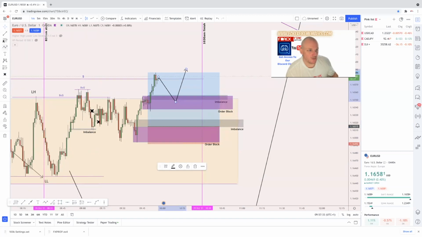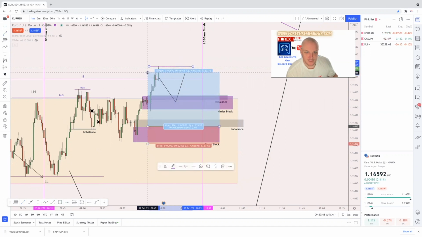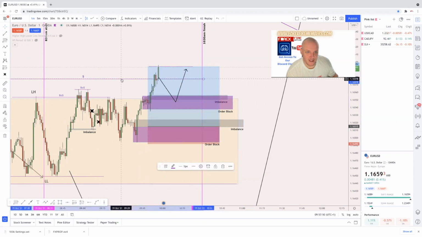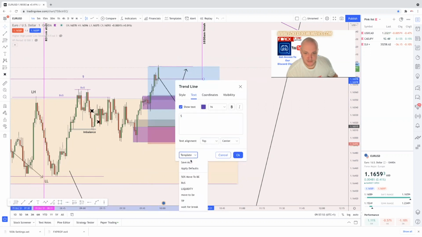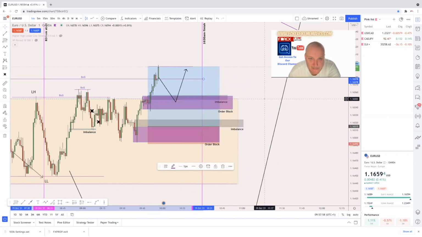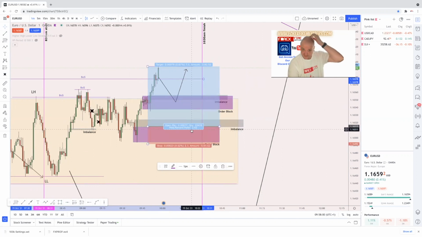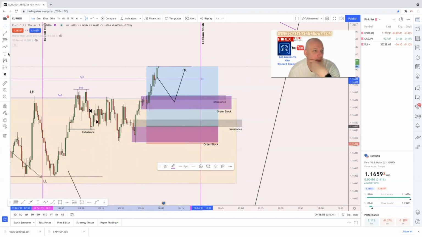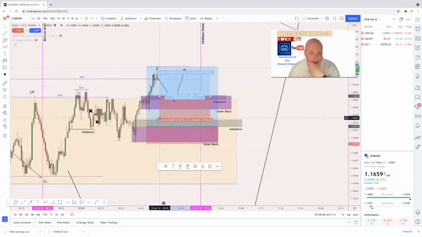Okay, so what we've got, price is now, that one there has been a breaker structure. Okay. I'm going to mark something up as well at the moment. So if we did go with price from there,